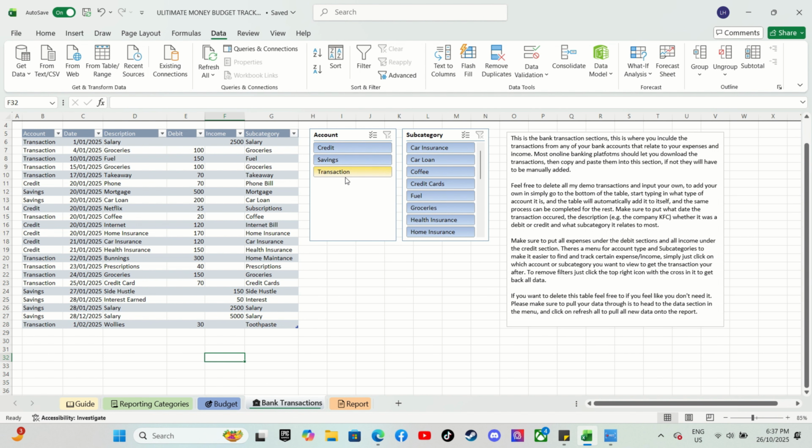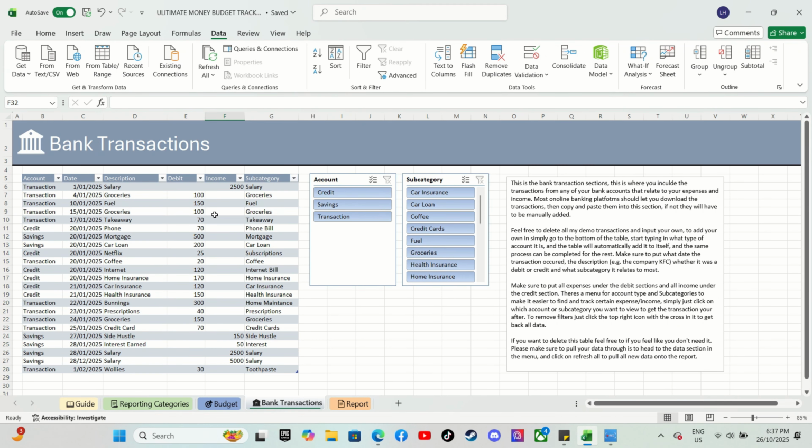You may use a check account. You may use a different type of account, or it may be called something else in your own country. So feel free to change that to whatever you like. You don't have to specifically have all this, but essentially in the description box, you just want to put,